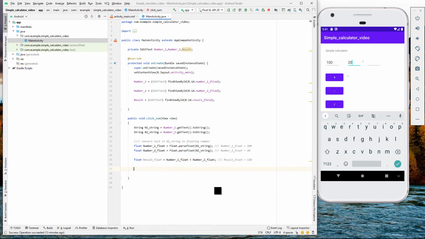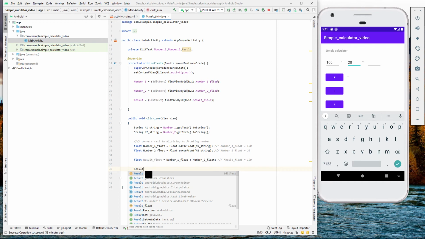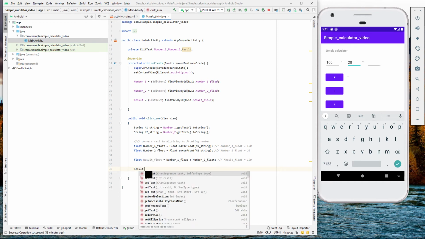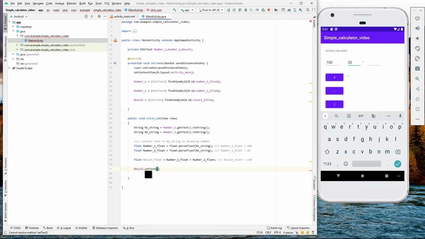120. So now what I need to do is to display that particular number on the screen. The name of that particular widget is result. So what I need to do is call the widget result. See here, where is the set text? Set text. And now where is the opposite problem? If here I was supposed to convert from text to floating numbers, here I am supposed to convert back from floating number to text to present